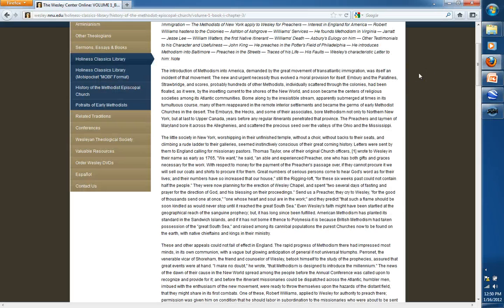In fact, the Society of New York sends a letter from the lay leader, Thomas Taylor. The temple hasn't even been finished. There's no choir, and they haven't even got the seats really there, with backs to their seats. But the laity are already unhappy with Embury and Webb. So a letter was sent by Thomas Taylor, who was the original lay leader of the church. He wrote to Wesley beginning in 1765, but in 1769, Taylor sends actually a letter after the church is built, after they've gotten the money from Webb, and says,